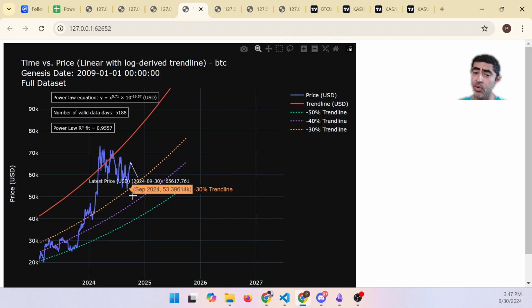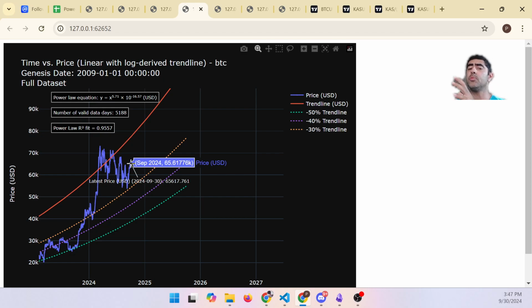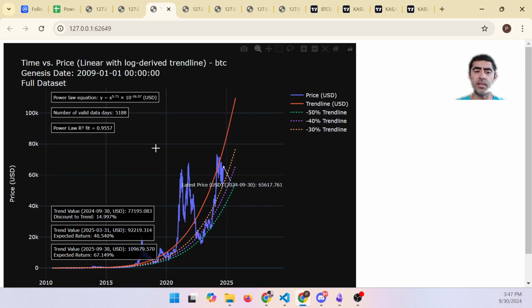We might drop down lower, and I think this is one of the things to think about, which I'll discuss a little bit later. But at 65,000, you're expecting about a 67% return. And as you know, the price had dropped down into the low 50s a couple of weeks ago. At that point, the return would have been considerably higher because we're assuming that we're going to get back to the trend line. So we're here. If we drop down lower, it's going to be a bigger percentage increase to get there, right?